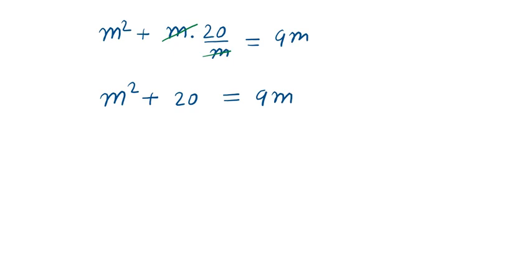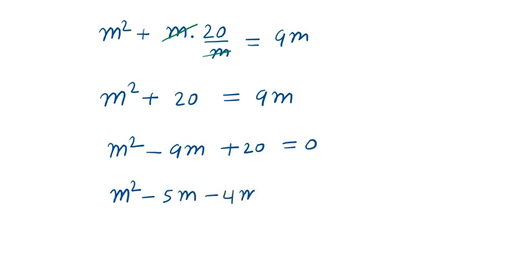Now if we take all the expressions to the same side, then m square minus 9m plus 20 is equal to 0. On the left hand side we have a quadratic equation in terms of m, and this quadratic equation is factorizable. Here we will apply the middle term split. We can write minus 9m as minus 5m minus 4m, plus 20 is equal